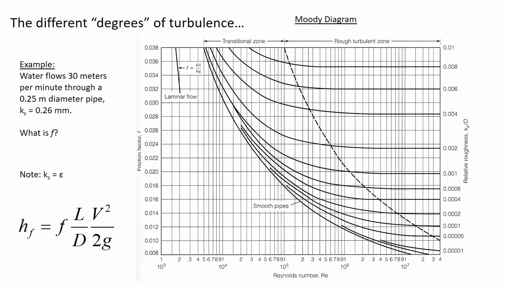And now we want the units to be consistent. The problem said 0.25 meters is the diameter. So we need to have 250 millimeters in the denominator here for the units to be consistent. And so that ratio is